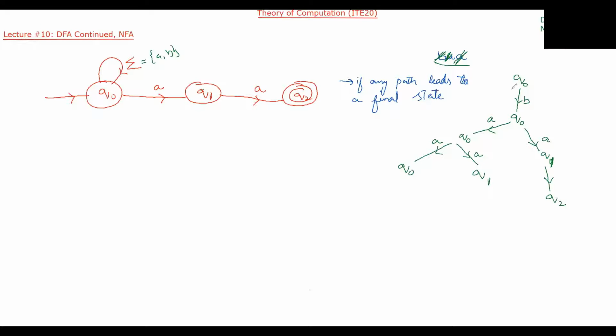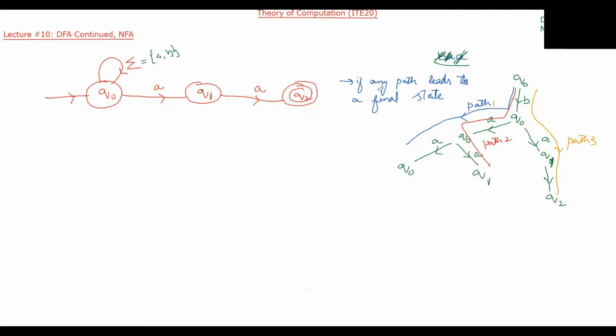Okay. So you can see how many paths there are. This is path 1, this one. This is another path. Let me change the color. This is the second path, path 2. And what is the third path? The third path is this particular path. Let me write it. So there are 3 paths.